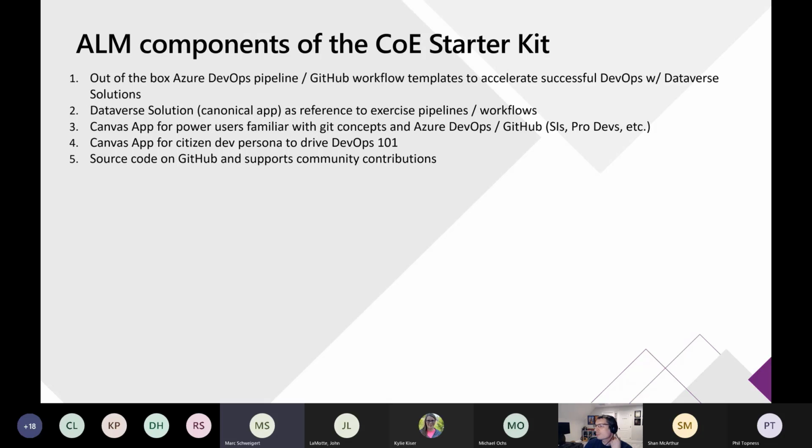And so it's really sort of our goal, as with everything in the COE starter kit, to share sample implementations of how to use the Power Platform. And so in many ways, we're using the Power Platform to help us do ALM over the Power Platform.